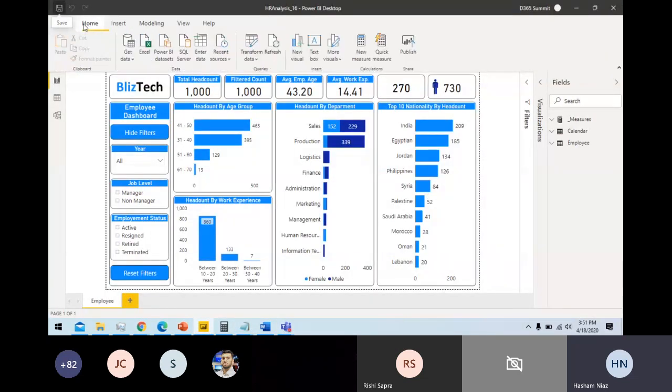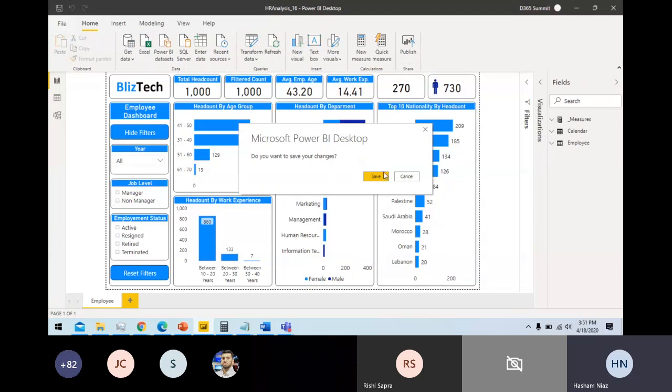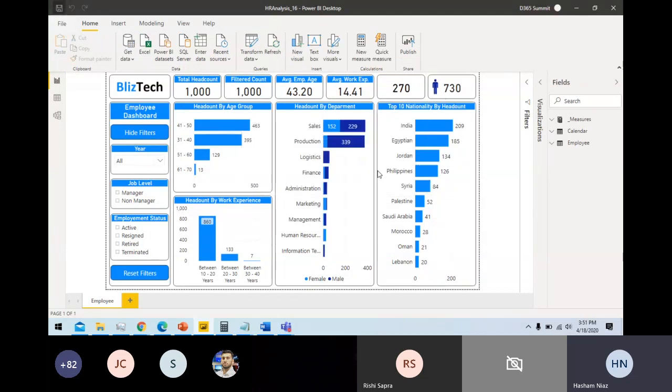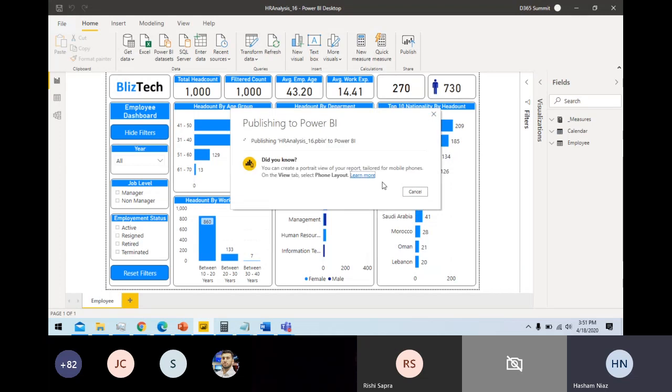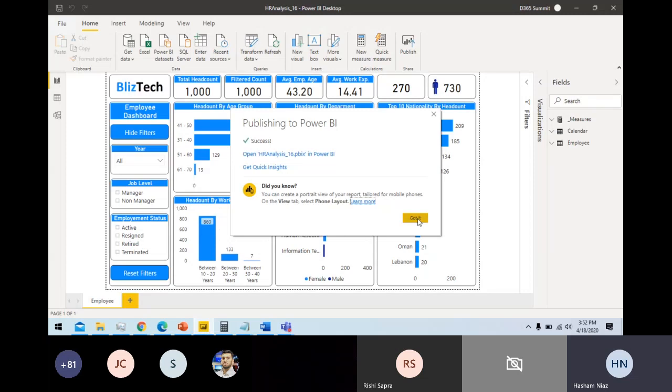So let's try to republish this one again. Now I'm going to publish this again. Now remember, I have one role available, which is called sales. So if I click this one, now this app has been updated successfully.